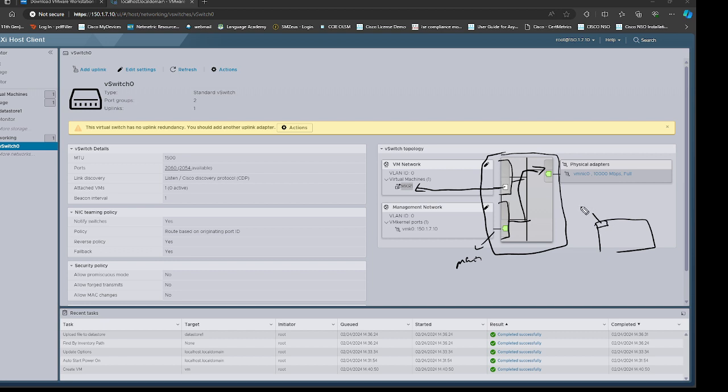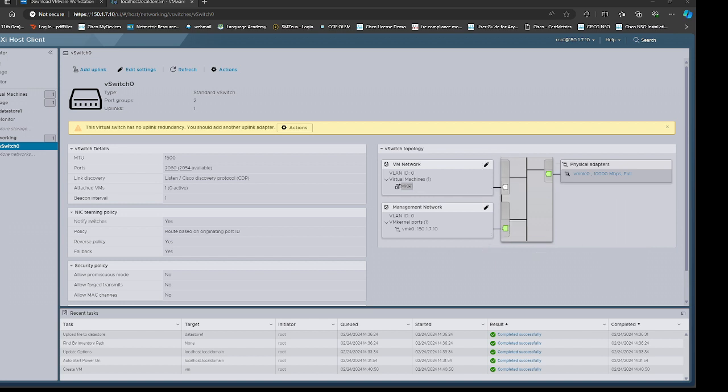One port is connected to ESXi management, another port is connected to my MikroTik router, and this port is connected to the physical NIC outside. So this is what it represents logically. So if I deploy one more machine, I can just deploy one more machine. These two ports are connected to a port group called VM network. Now I can go ahead and create the new one also. Same thing. It's nothing so much hard.